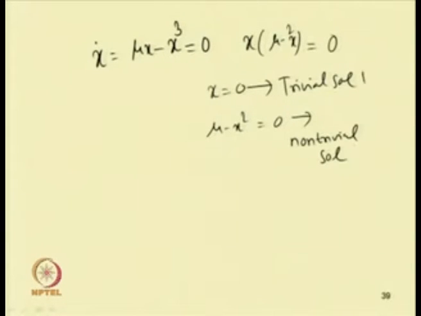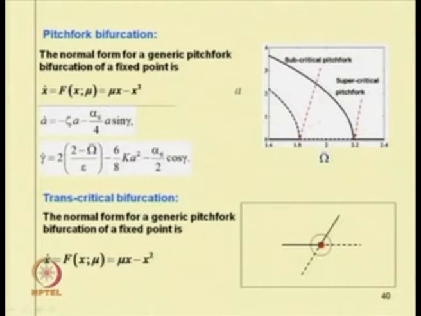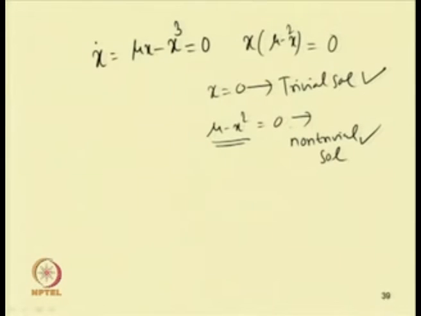So, we have a set of trivial solutions and a set of non-trivial solutions. In this case, if one plots this, for example, corresponding to this we can have this, and corresponding to this case if we plot, we have a 0 solution, and then we have a solution like this. Let us see this 0 solution point. So, in this case we can find the Jacobian matrix A.